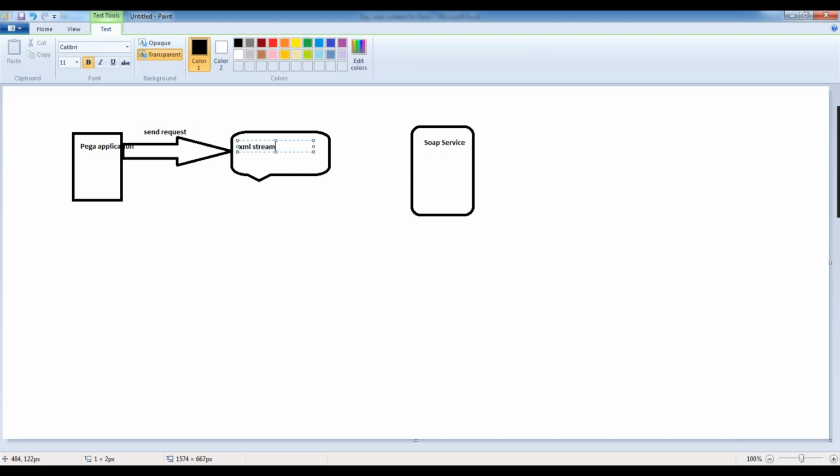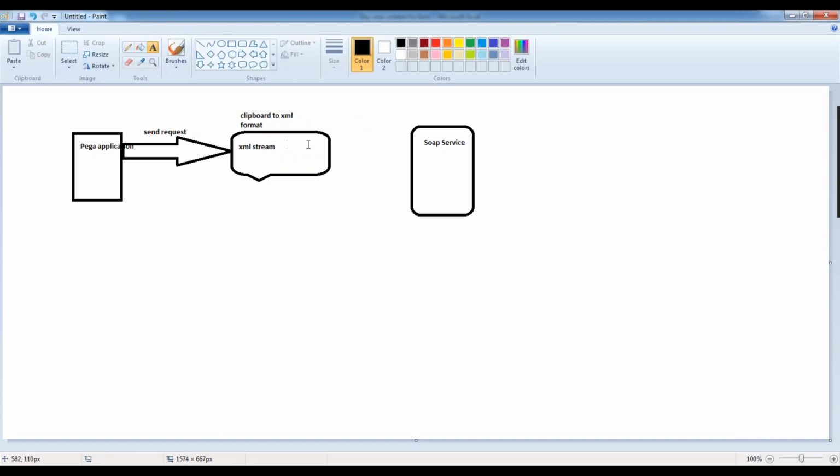As the name says, we are streaming XML from the clipboard into XML format.